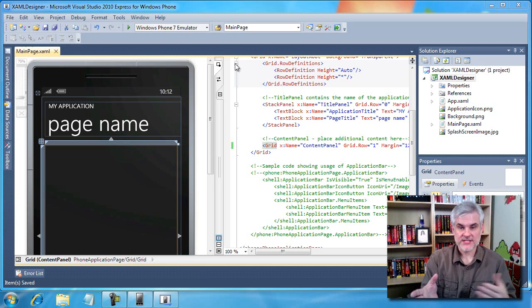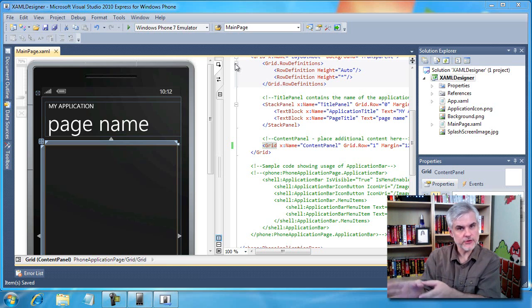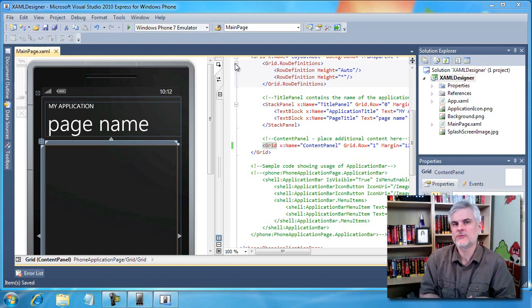Up to this point, for example, we've only been working with the XAML Designer that looks like a phone. We've been dragging and dropping controls and for the most part ignoring the code window to the right of it. However, as we progress on, that'll become increasingly the window that we work in. So I want you to be familiar with all the tools and gadgets that are embedded on this little designer